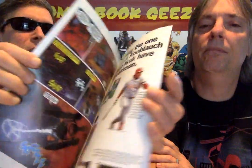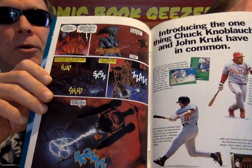So this is Digitek, which I have all 4 of these. But in the 3rd issue here, you can see there's Deathlok. And this is the main character, Digitek. That's a great cover. Yeah, but I wanted to open this one up to show you. This is from 1992 or 93. Now look at the artwork inside. It's not bad artwork, but it's all